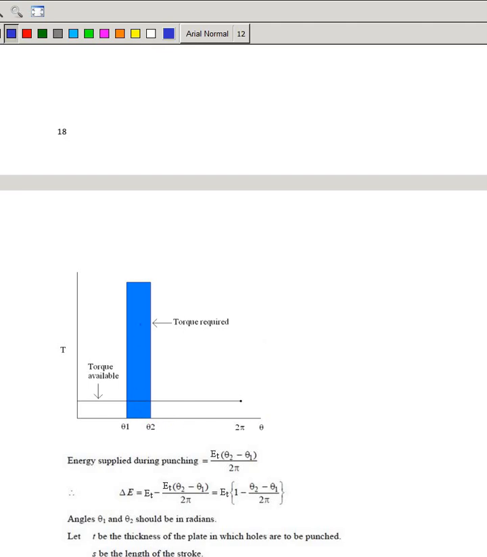So this total blue portion has to be supplied in a cycle. So the energy supplied during punching, and what is the fluctuation of energy then? Above this line, this rectangle is actually the fluctuation of energy,